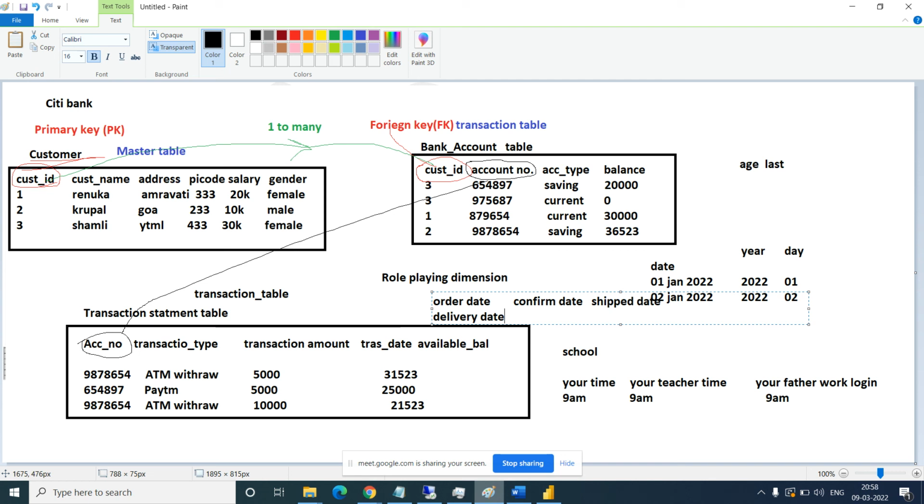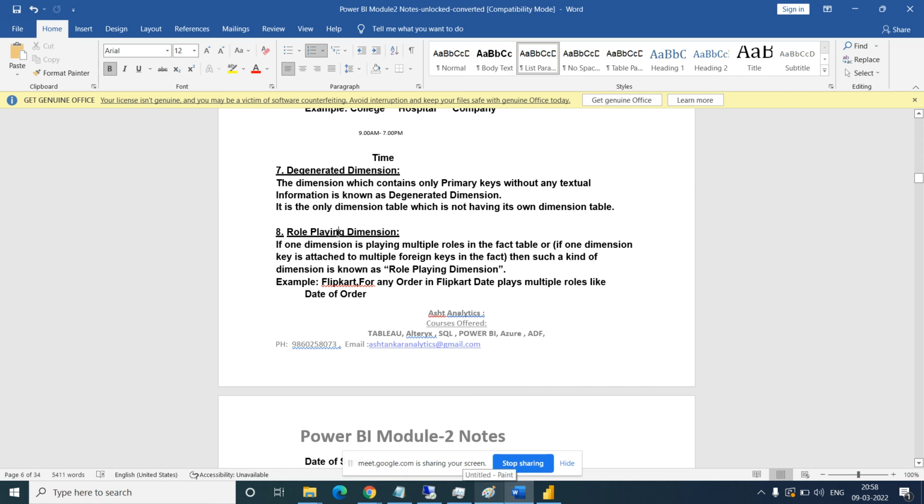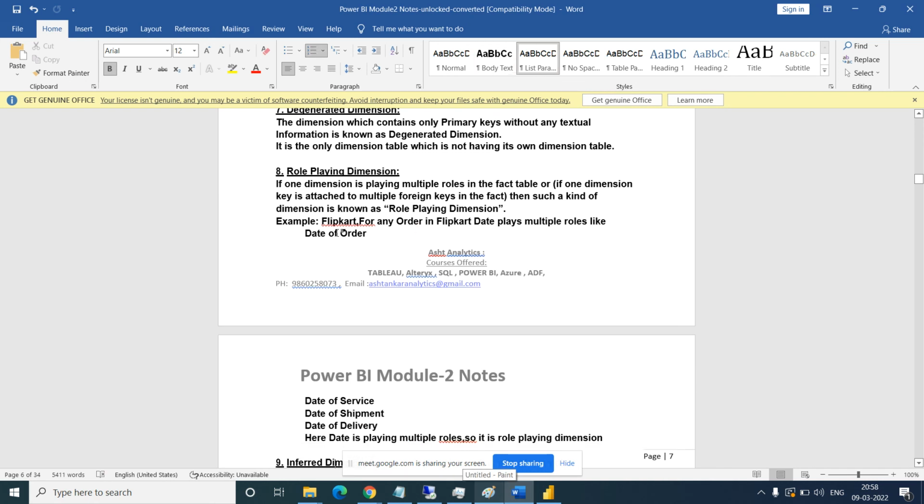That is a role playing dimension. Understood? The date which is playing a role multiple times, that is a role playing dimension. Got it? Renuka? Everyone? Yes. Okay, so that is called a role playing dimension.